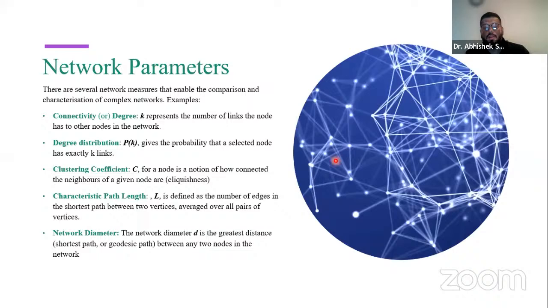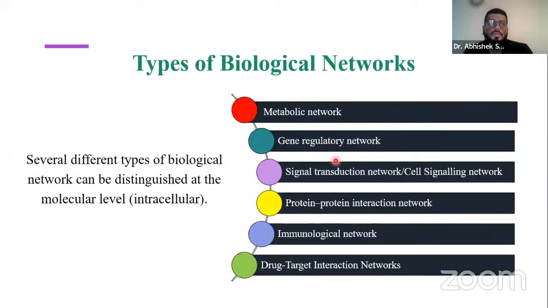Now, let's move ahead. On the basis of these nodes, edges and parameters, we have various types of biological networks. Biological networks could be of many types, right? Networks have no limit. You can make disease networks, disease-gene networks, drug-gene-protein networks. There are various types of bipartite networks or graphs that you can make. For better understanding, you should always start with understanding the intracellular networks, right?